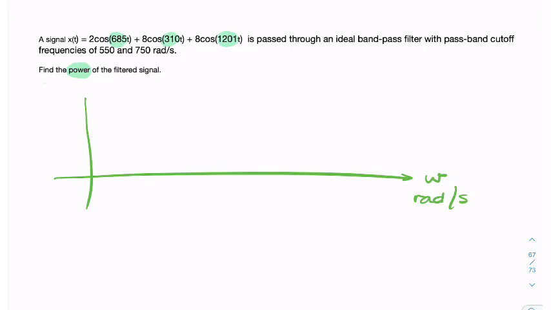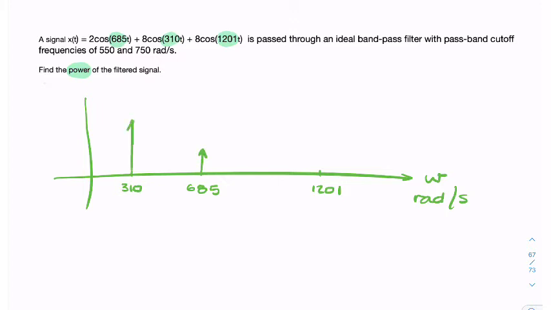So we've got 685, 310, and 1201. So let's approximate that. So 310, 685, and 1201. So these are my components, and I can put the amplitudes roughly